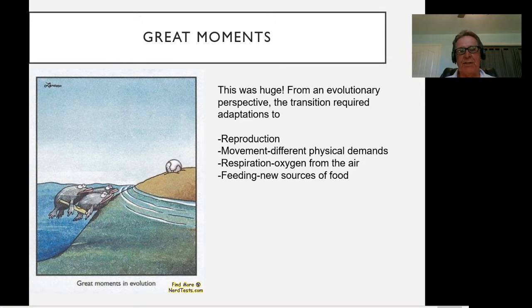If you're a marine organism, you can go to the reef. There's lots of food there. If you're living on land, you have to have new sources of food, probably new digestive enzymes, new digestive processes. So if you just think, oh, well, they just had to move out of the water onto land, everything was hunky-dory, it's actually much harder than that. There's a lot of changes that had to take place over a relatively short amount of time.